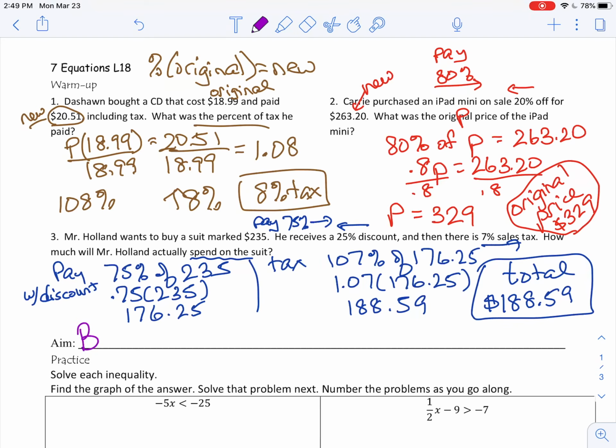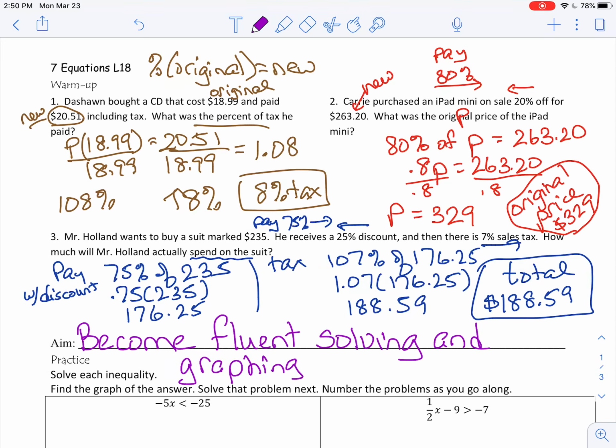All right. Today, your aim is to become fluent, solving and graphing inequalities. So we practiced it. Now you're going to practice it more. Become fluent. Of course, that means I want you to have speed and accuracy. And you know that the one that I value over the other is accuracy. I want it to be right. But right now we shouldn't be hiccuping. We shouldn't be stuttering. We should be able to kind of flow through these. Become fluent solving and graphing